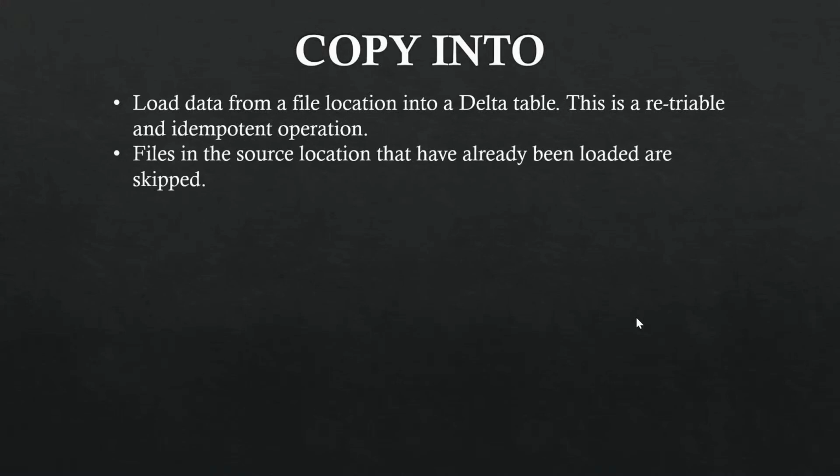It means whatever files are loaded once into your Delta table, it is not going to load the same file into your Delta table again. Those files which are already loaded will be skipped and will not be reloaded, and therefore it can be retried. How exactly can we achieve that?